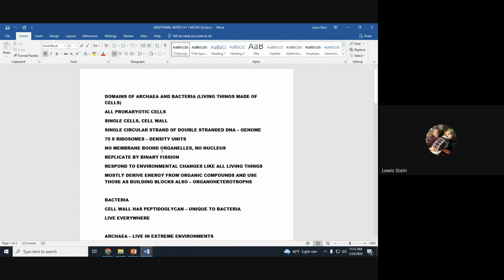The ribosomes have a different density, and this was part of Weiss's work. He looked at the ribosomes. Ribosomes, if you remember from AP1, have a large and a small subunit. The large subunit, you have to know this, is 50S, the small one's 30S, in 70S ribosomes. When they come together, the density changes. It only is 70. So something happens when they combine; they become more dense or less dense, however you want to look at it. It changes the density. No membrane-bound organelles, including the nucleus. Everything is just free in the cytoplasm.